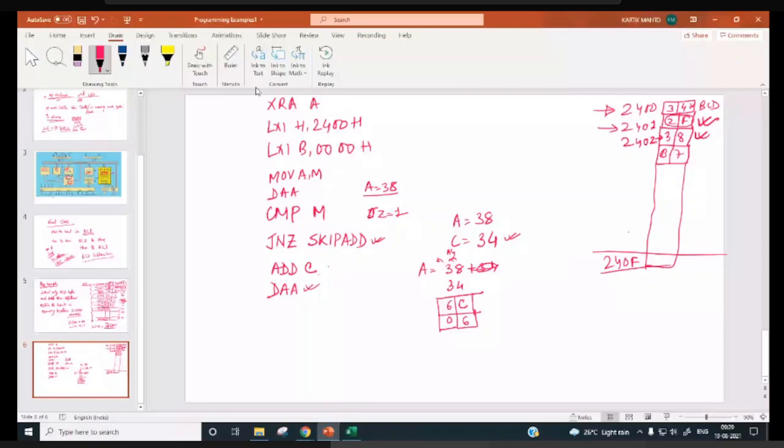So in this, C plus 6 is how much? 1 1 0 0 0 1 0 0. Right? Sir, 2, sir. Huh? 0 carry will be there. So it will be 72. Right? Result will be 72. Okay. So now A equal to how much? 72. Now what you have to do? You have to transfer the 72 to C register.